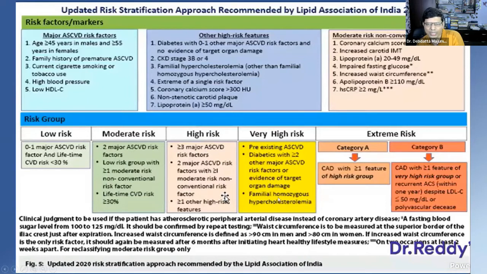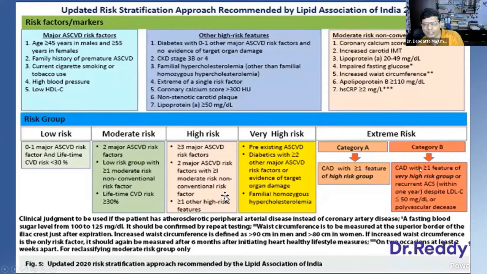This is also assuming increasing importance day by day, that is the familial, homozygous, as well as heterozygous hypercholesterolemia. We are getting few cases, obviously, in our practice. So these comprise the very high-risk patients, and this is even more important, the extreme ones. And extreme ones have been divided into 2 categories. Category A, which is existing coronary artery disease with more than 1 high-risk feature. These are the high-risk features. And this one, the ultimate one, the highest risk patient, which is a coronary artery disease with more than 1